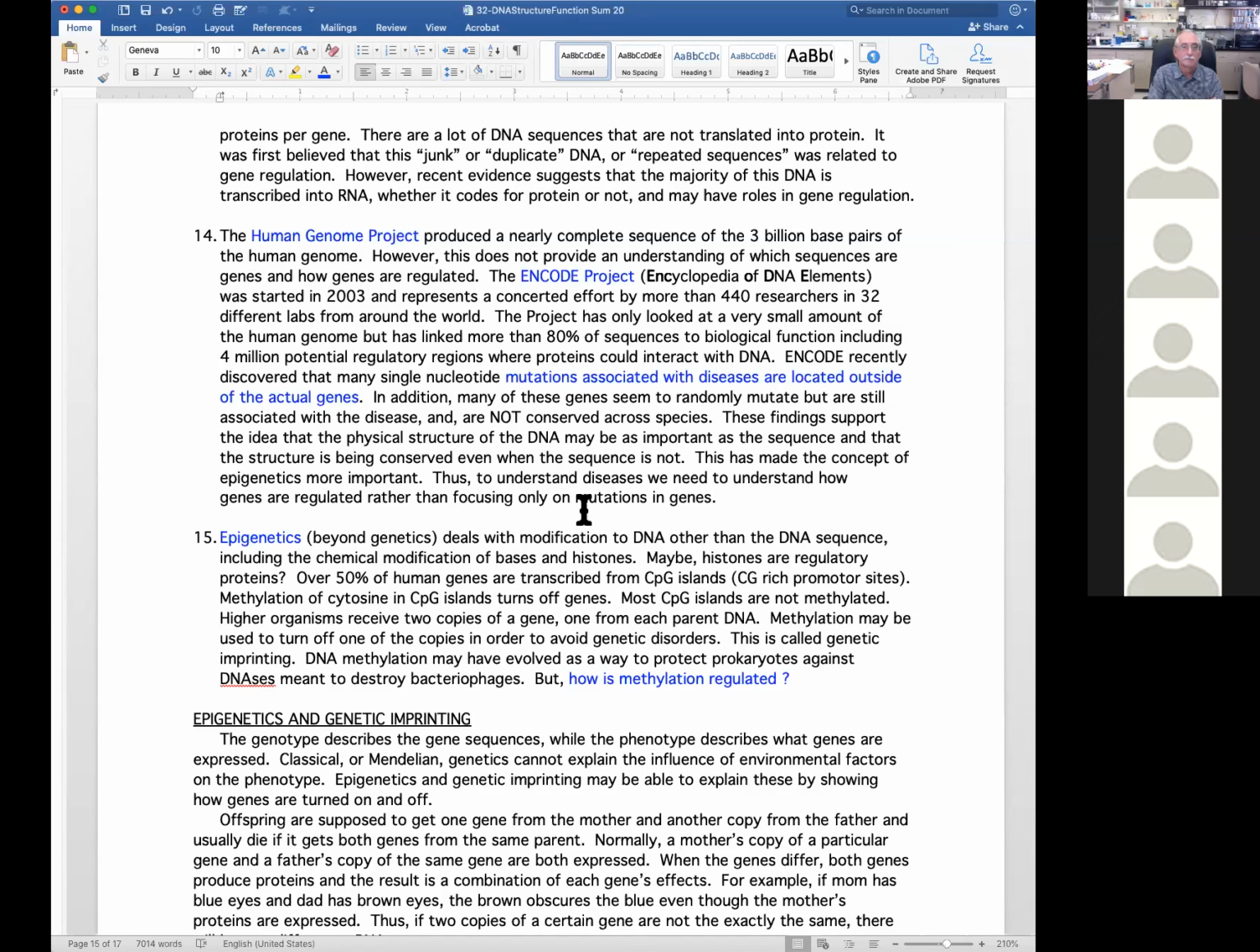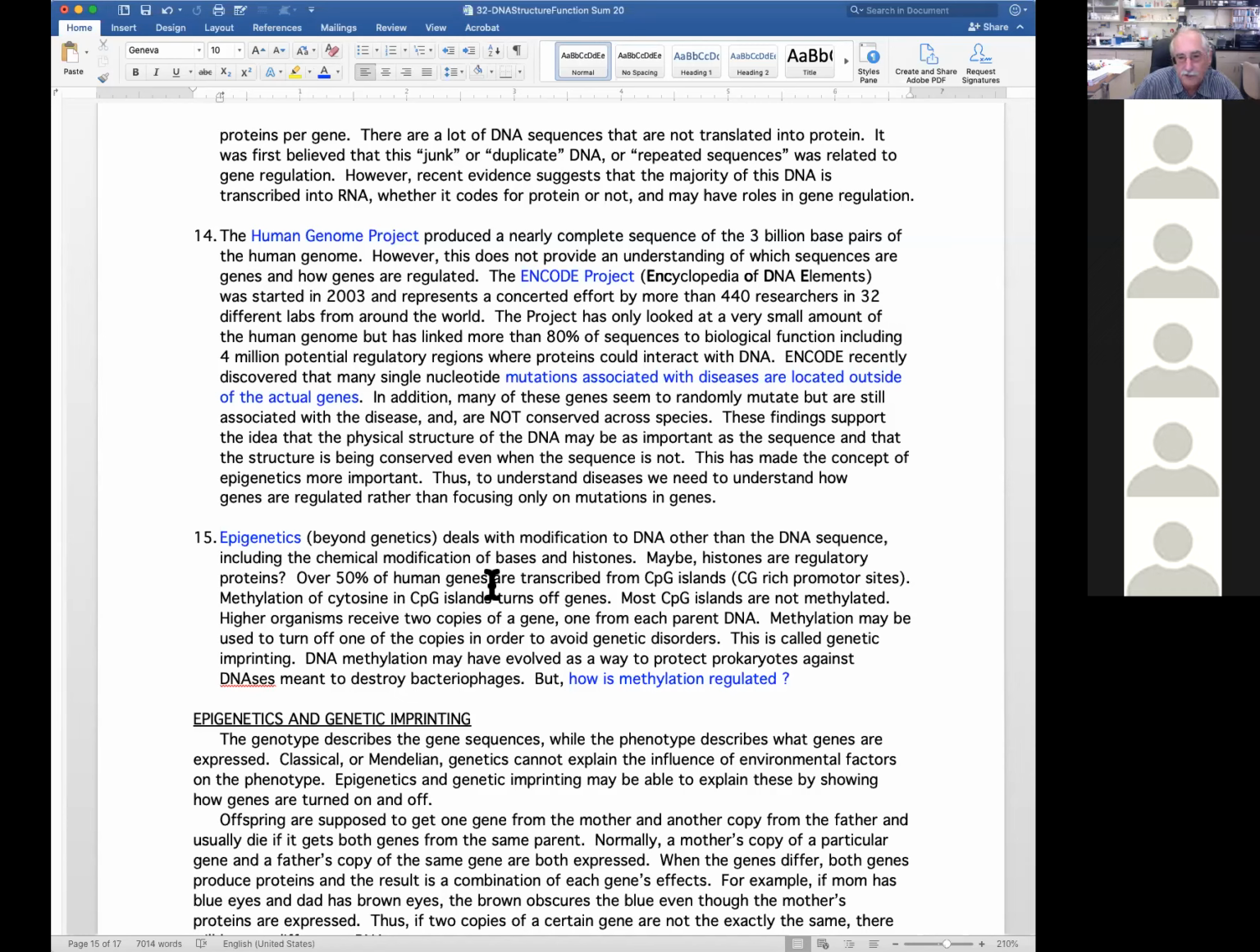And then we have epigenetics. So epigenetics means beyond genetics. So it's not simply modifying the primary structure of the DNA. And so, for one, about half of the human genes